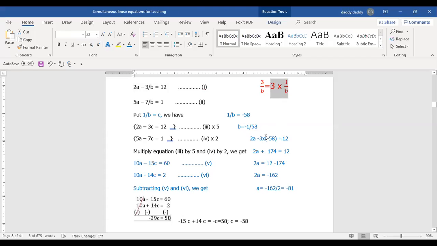Are you getting what I've done? Yes, ma'am. Guys, your B is in the denominator. B is a fractional value. You will have to finally get it up. So either you do that, or I have directly just used this. Instead of 3 upon B, I broke it as 3 into 1 upon B and I put the value of 1 upon B because it will give you the same thing only. Thank you. Understood, Aishwarya? Yes, ma'am. Okay. So till here we are done.